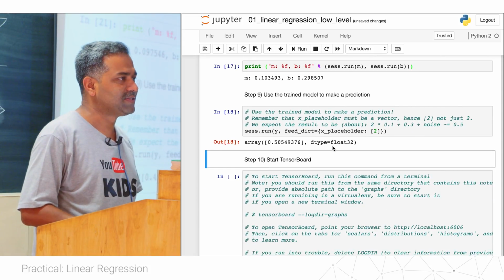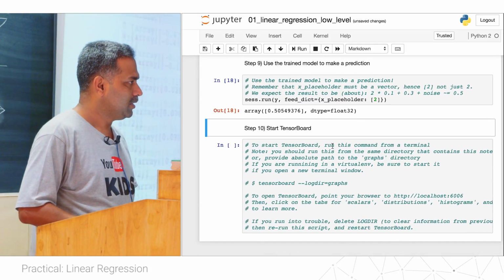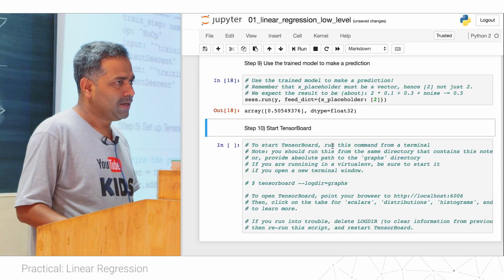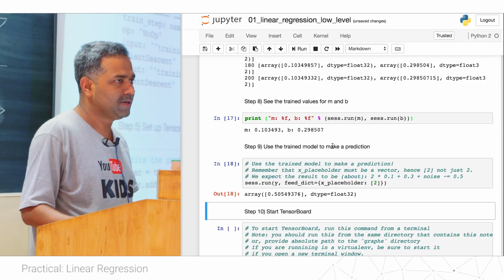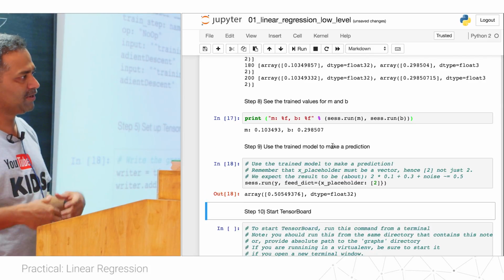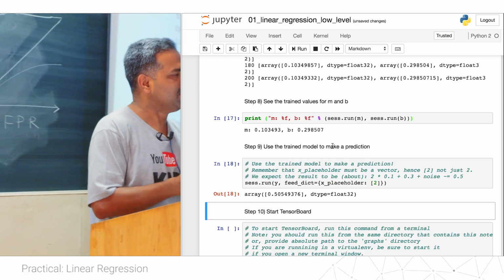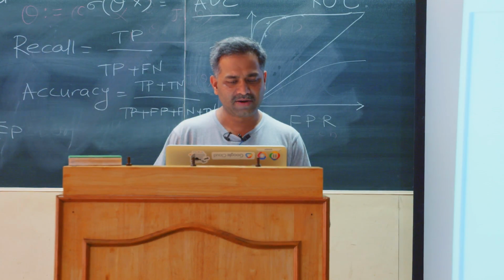Okay, so this was the first lab. Do you want to go through this lab? Take 15 minutes and go through the lab. It won't take much time. And then we will do logistic regression and DNN in the same manner. Instead of doing all the 3 labs together, I did this. Now you go through it. Take 10 minutes, we'll start at 3. Okay. Let's start the second one.